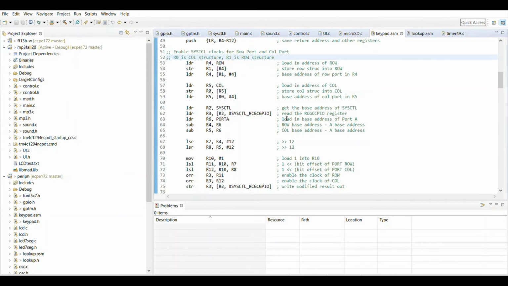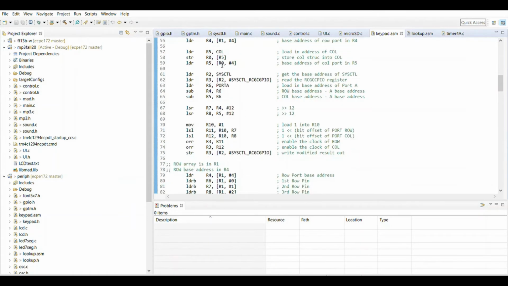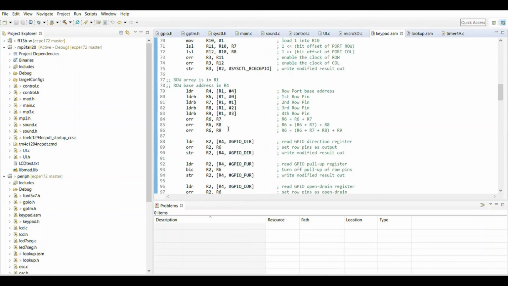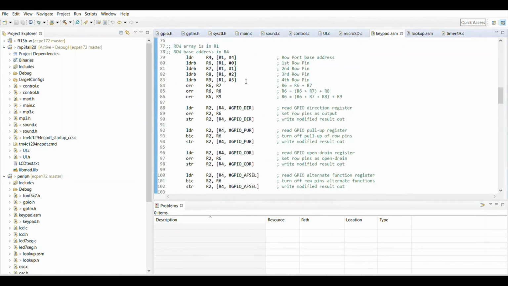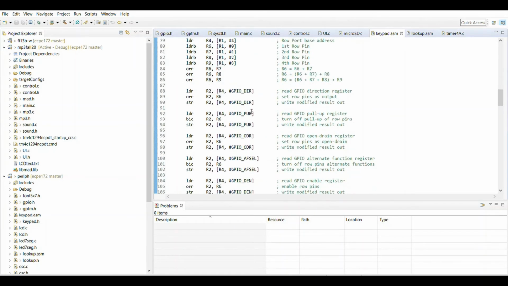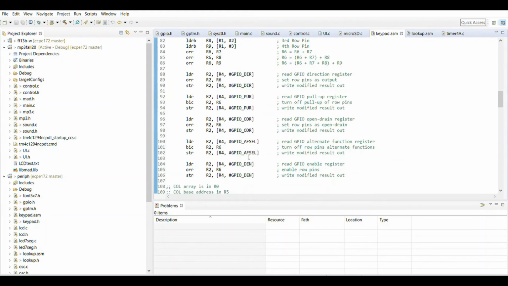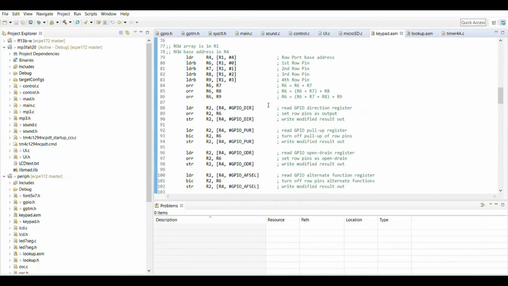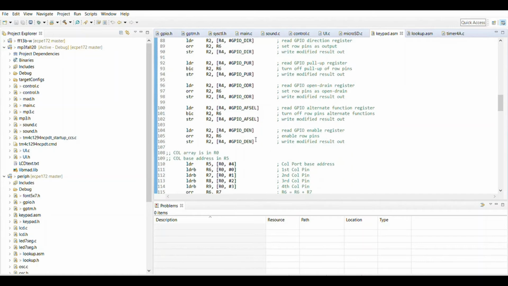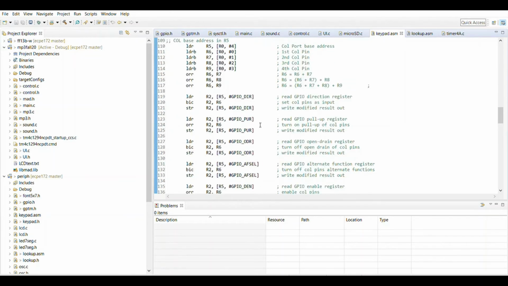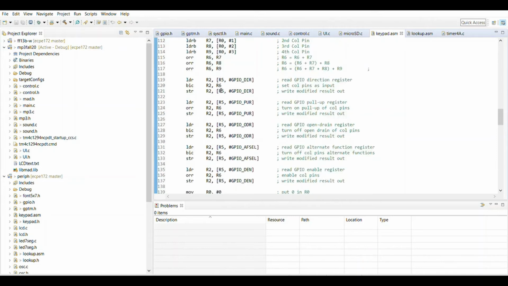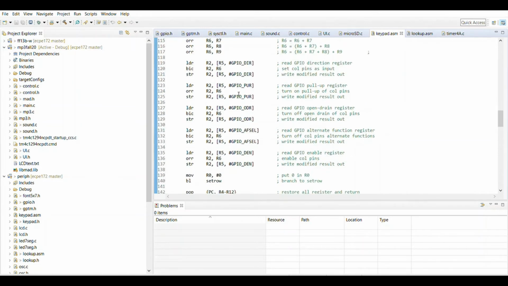So turning them on, turning system control on. This is just initializing them. And here we are setting all the rows, certain directions, pull up, open drain, and enabling them. This is for the rows, and this one is for the columns. Similar process, whether or not it's an input or an output, it will have different commands and will set different